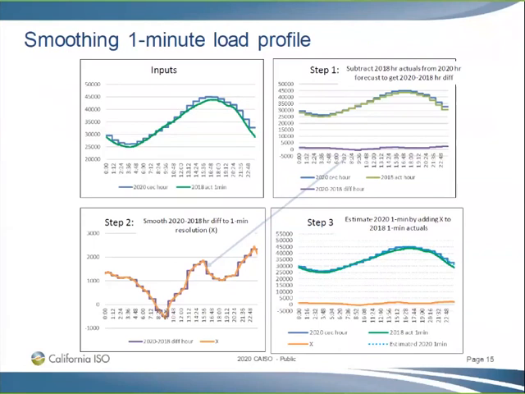Okay, so slide 15 is when we calculate net load, and before I jump to net load, we take the CEC's forecast. The CEC has two ways they show this: a yearly forecast, a monthly forecast, and also an hourly forecast. We start the analysis by looking at the CEC's hourly forecast. If you look at the top right, this is what we did in 2018, but it is the exact analysis that we do for 2019.